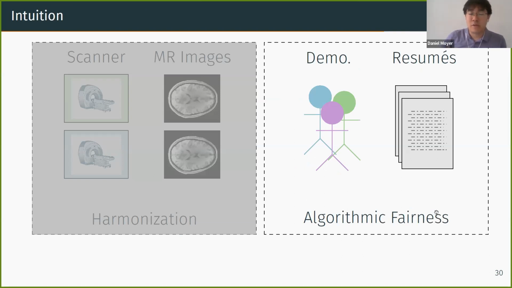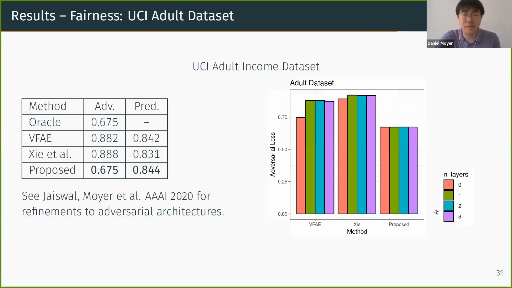So we showed this on an algorithmic fairness data set. I want to caveat that these results are now out of date because many people have published on them, and you can make adversaries better. But the result from the paper looks like this: the Shi et al. paper and the similar variational fair autoencoder, as you increase adversarial hardness, don't actually stand up to harder adversaries. And this is mainly, in our opinion, based on the training method.